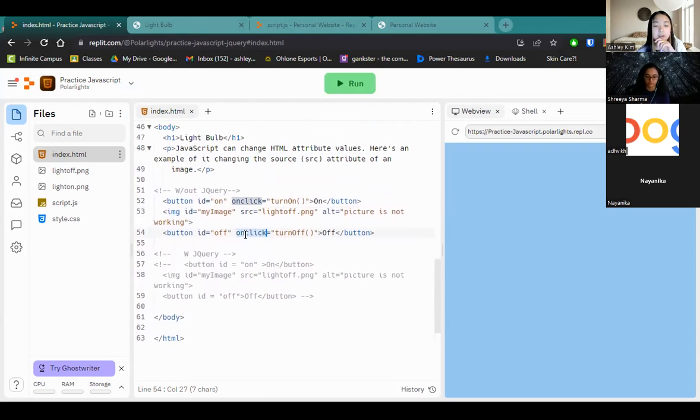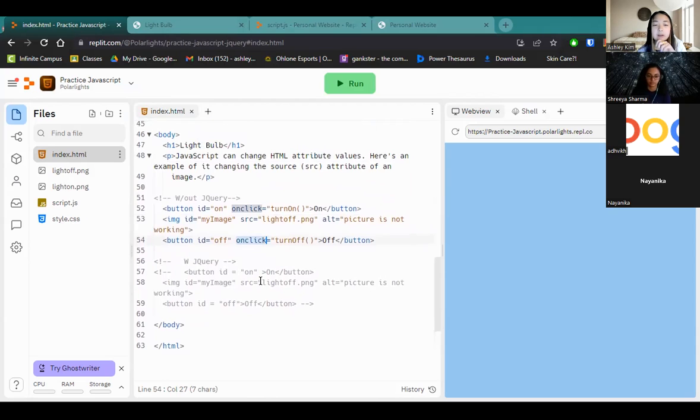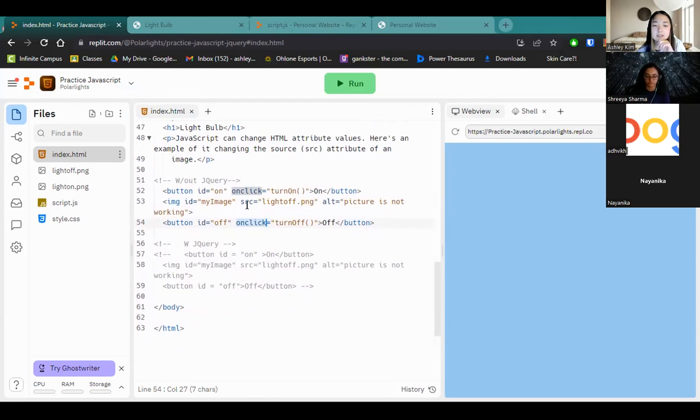Oh wait, I didn't even hit the without jQuery or with jQuery. I forgot. But I'll just go over a little bit. So with jQuery, you don't actually need this attribute. You can just create your button and your